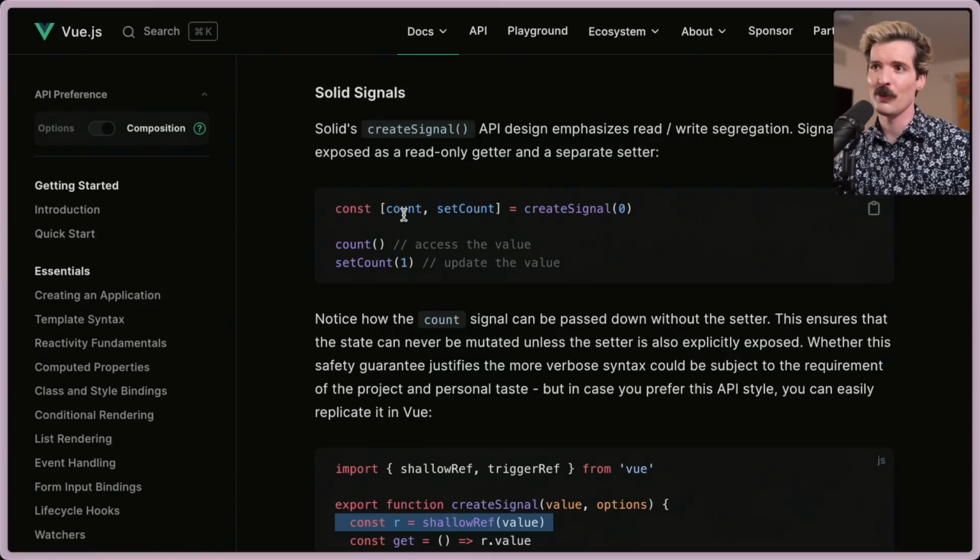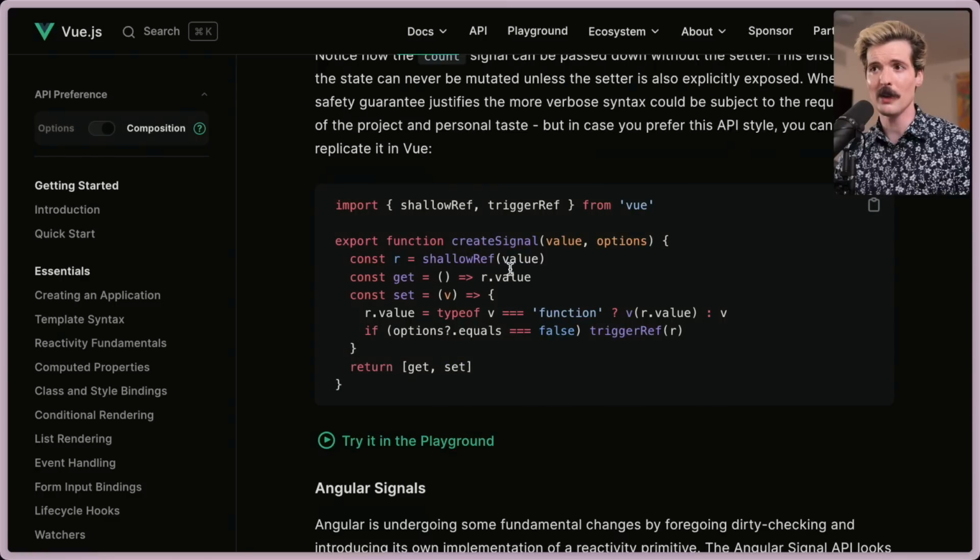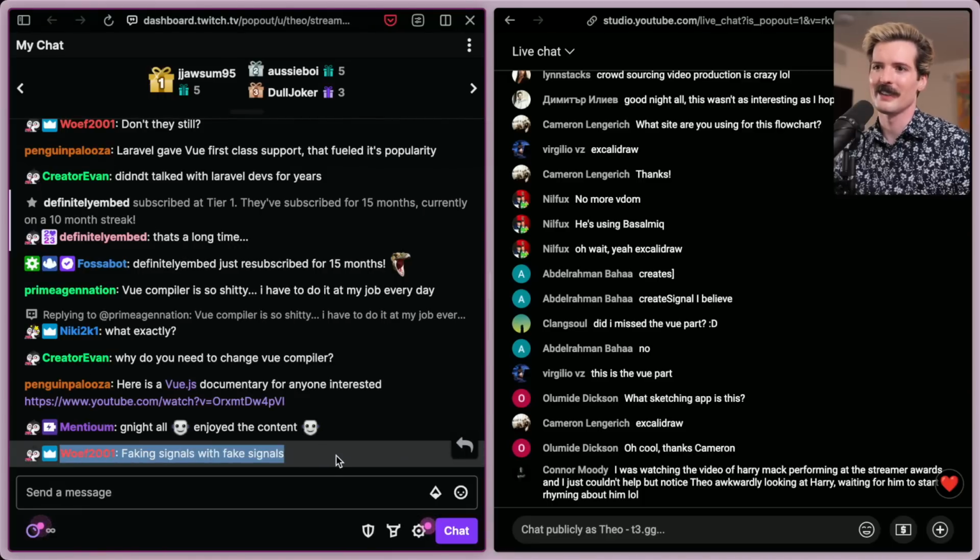Whereas in Solid, if you wanted to set count with the equal sign, you can't do that. The only time you use equals for this in Solid is when you actually bind the initial signal. Whereas in Vue, you just set r.value equals, similar to what you do in something like, I don't know, Svelte. Faking signals with fake signals. Yeah,